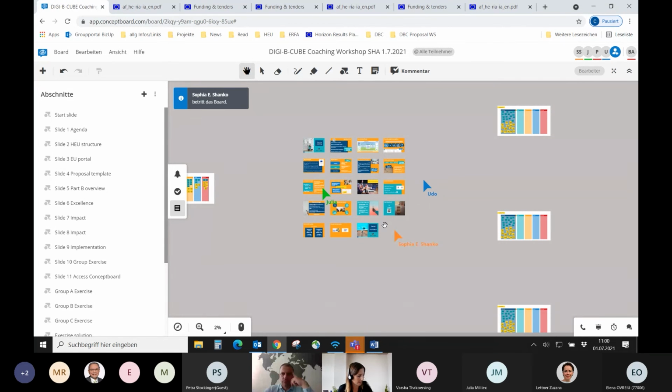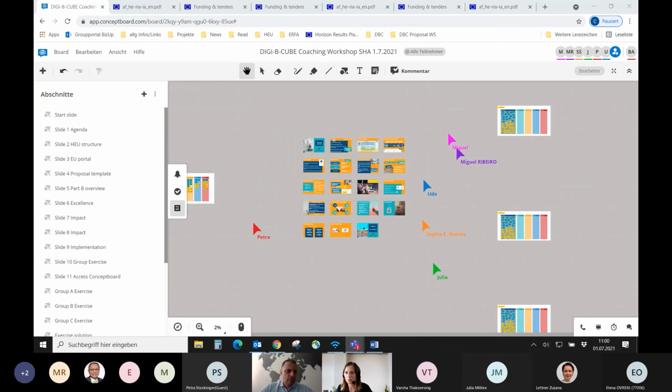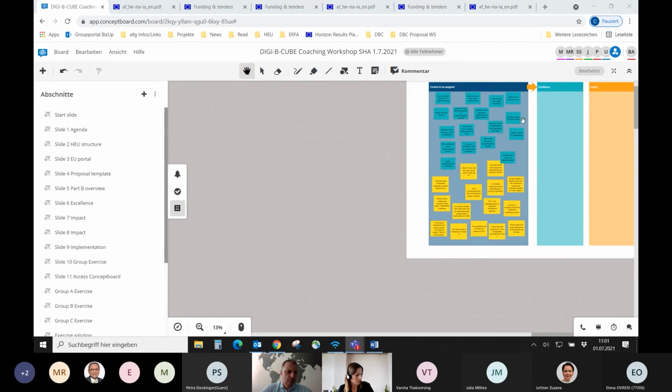And the exercise will be that on the right, you have here different groups with different exercises. I will now put you participants in certain groups on MS Teams, and whether you are then group A or group B or group C, please find your section on the board and start,